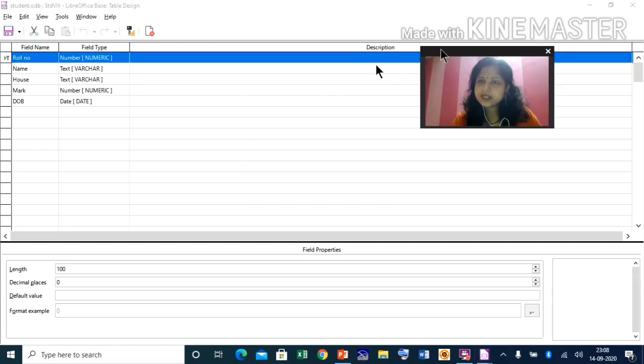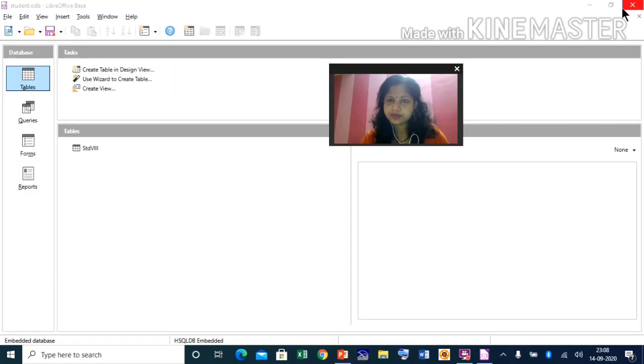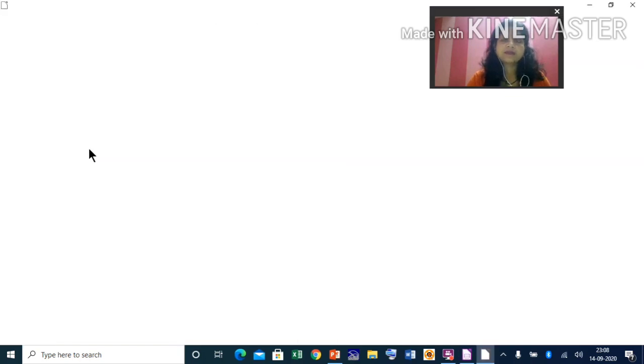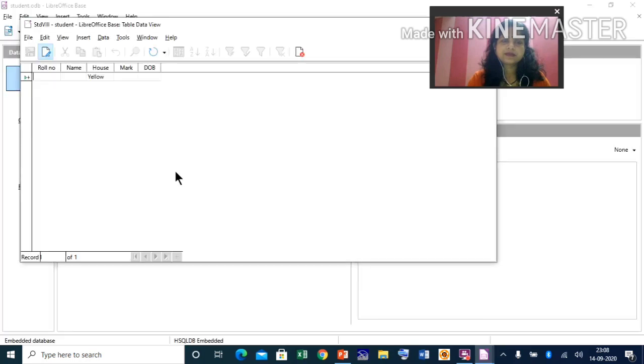Now after saving, you close this window. When you close it, the window will appear again, where you will find the standard 8 table is created. Now we will enter the data inside this table. You double click on this table icon. See, now the cursor is blinking here. You enter the roll number. Suppose roll number 1,